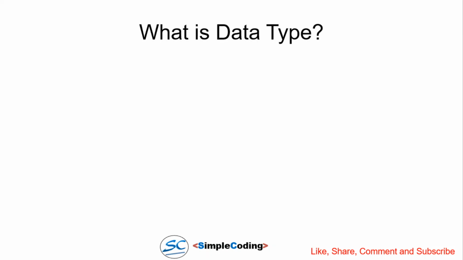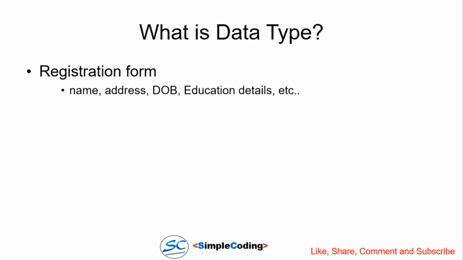Today we are going to discuss data types. So let's take one example here of a registration form. In a registration form, we have to fill in our name, address, date of birth, education details, and other details. When we look at the registration form, in name we have to write in text format. In address we have to write numbers like room numbers or pin code, and the rest in text format. In case of date of birth and education details, we have to write a combination of both. In case of education details, when we are giving the percentage, we have to use decimal numbers.